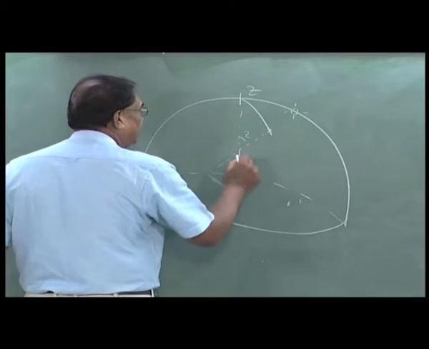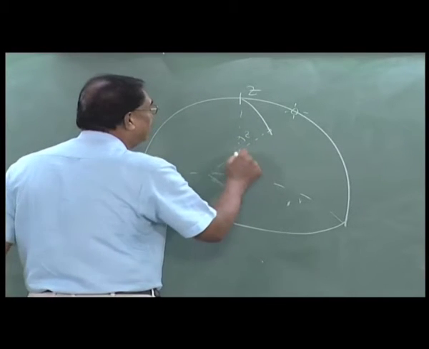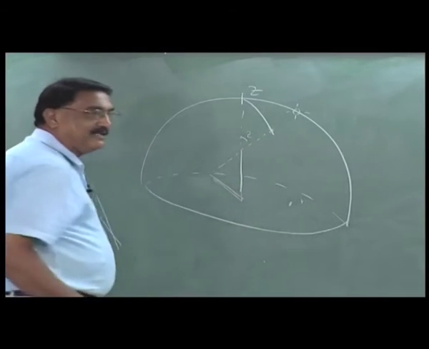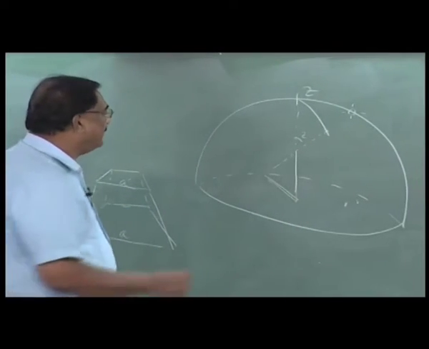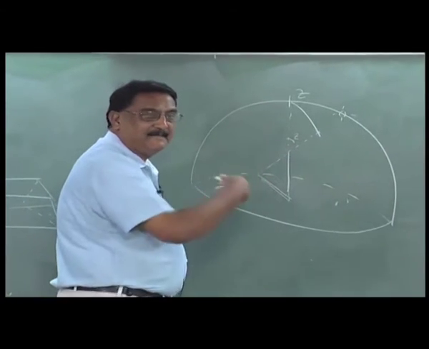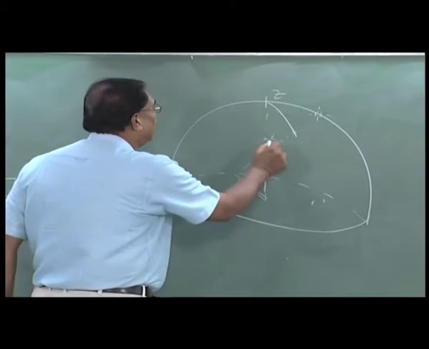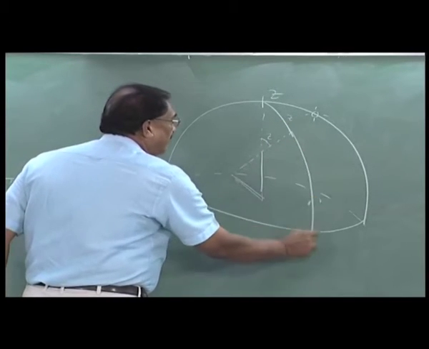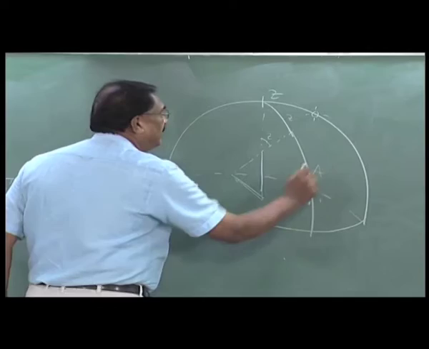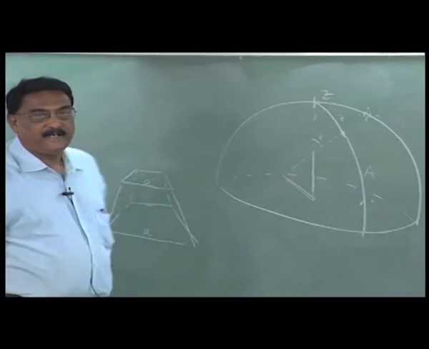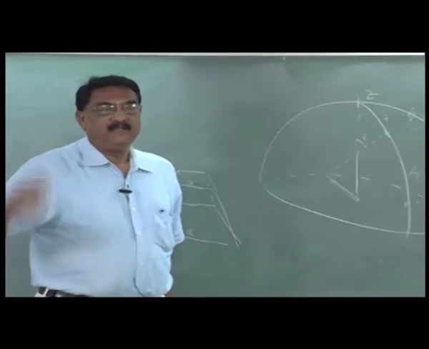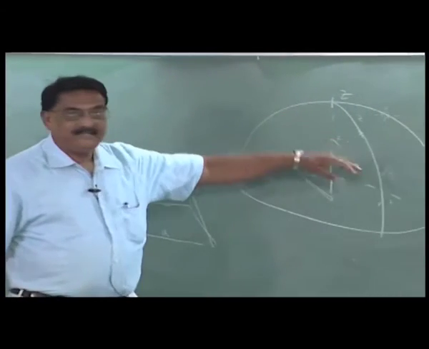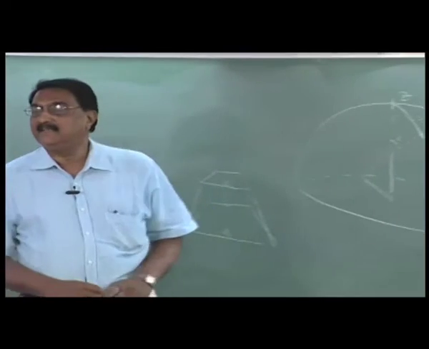Of course, this is not to scale at all. Actually, this distance is much more than this. Just for clarity, I have written it like that. So this angle, the angle at which the sun's rays are falling, is called the zenith distance, and 90 minus zenith distance is called the altitude. That is how many degrees above the sky the sun is, and how much it is below the zenith is the zenith distance.